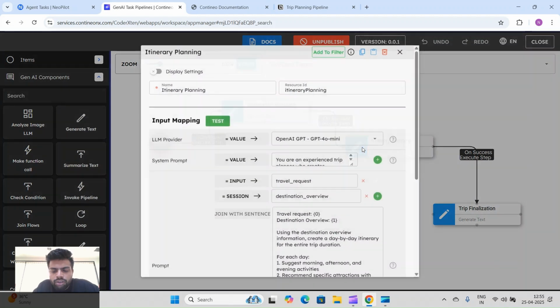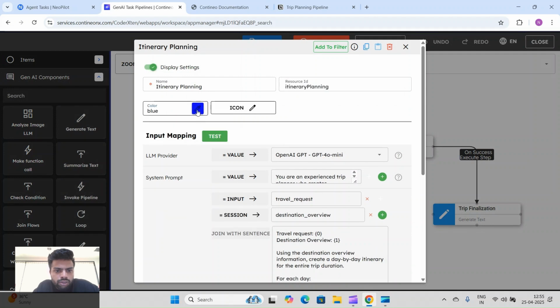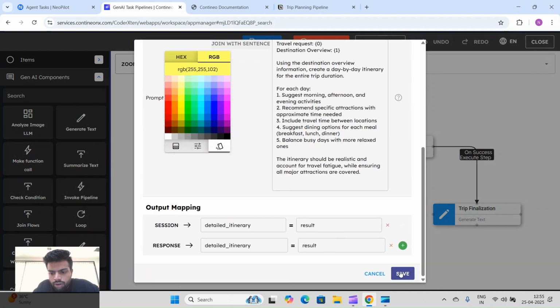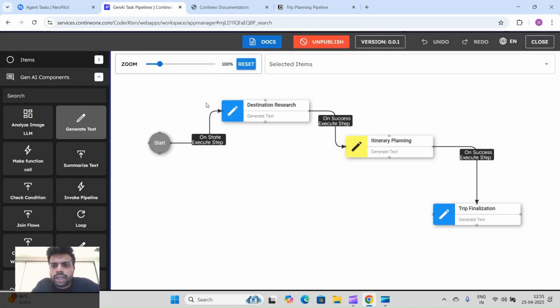You can also name the color, add some styling to these blocks. Like if I want this block as yellow color, I want to apply a logo, then you can do that styling. Then the important part, you will have to make this pipeline publish. Then only it will be visible in the agents GenAI call pipeline blocks dropdown. I will show you what that is, but first, let's remember to make it publish.